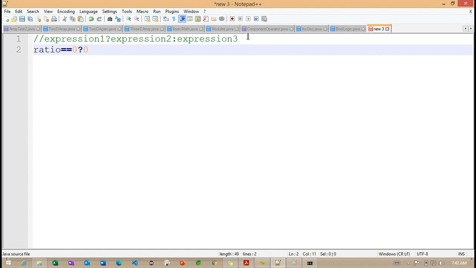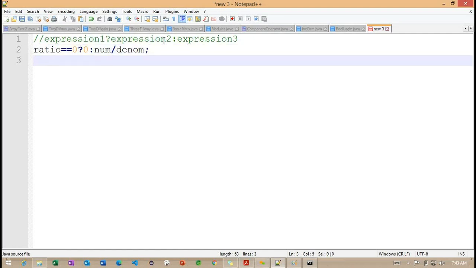After the question mark, I'm trying to work with the second expression, and after the second expression, I'm making one colon here, and I'm trying to define the third expression here. Getting the point. Now observe here, before the question mark, the first expression is returning true. After this question mark, the second expression is going to execute here.